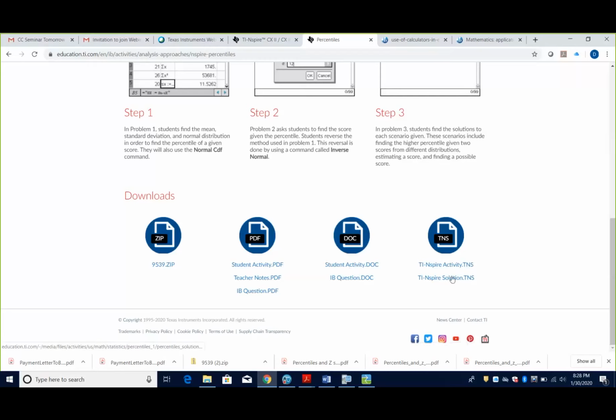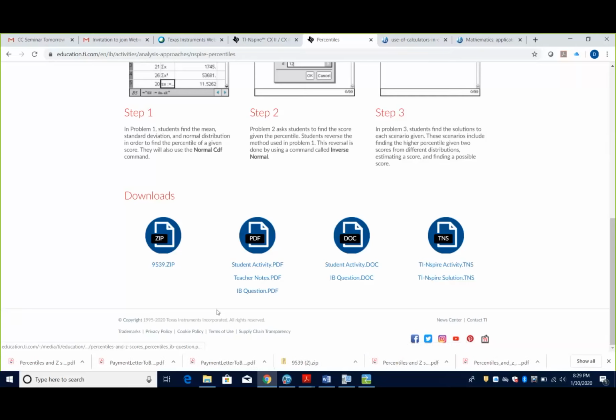But here is my little extra addition to these activities. I have been asked to write exam-style questions for each of the activities, because what I always thought the TI activities were missing sometimes was an extension. So taking what the activity did and then applying it to what we do in IB or to the real world, kind of giving that example. So I have written an IB-style question for each of these activities that are in here.